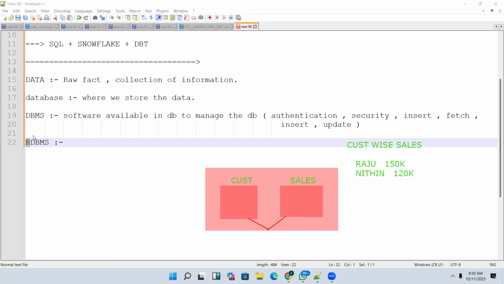In these RDBMS databases, whatever tables we store, they will create relationships between the tables, and by using these relationships we can answer this type of question. Now, besides RDBMS, to handle unstructured data there are also NoSQL databases, which we will discuss later. RDBMS is what we use regularly.